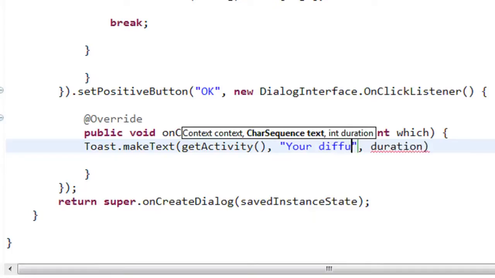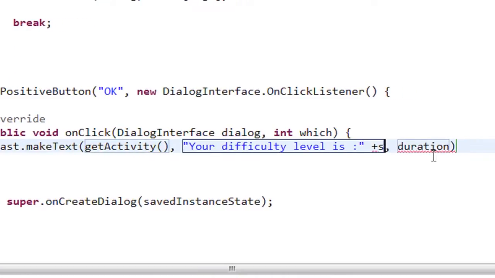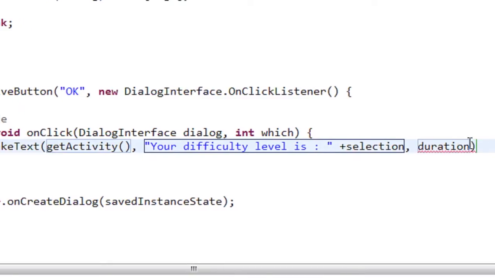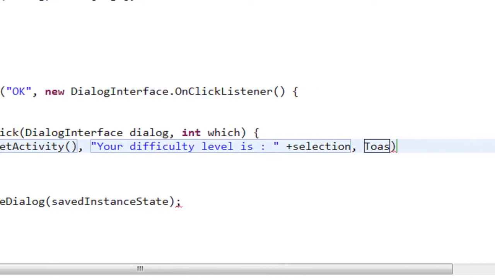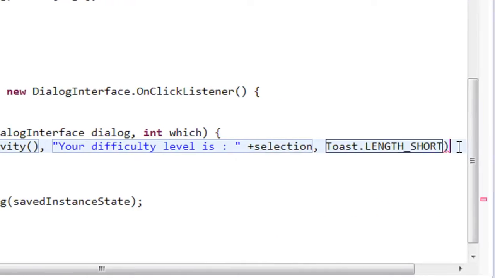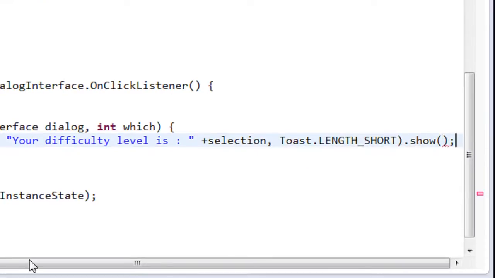Your difficulty level is, and we got the difficulty level from variable selection. So put that value selection and specify the duration for this toast. I make it as short, and finally make it visible using show method. Okay,